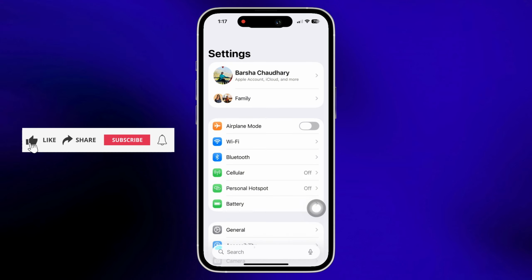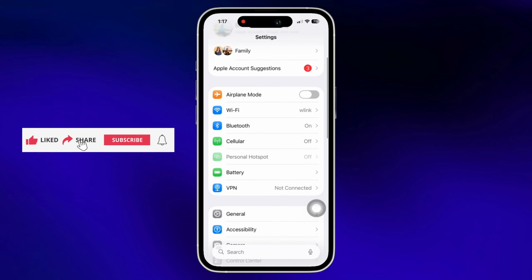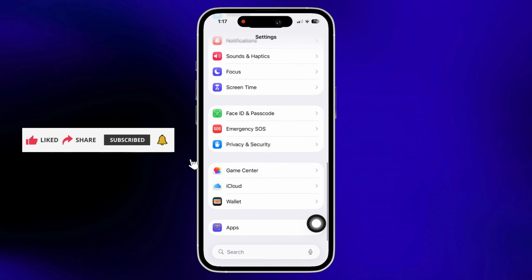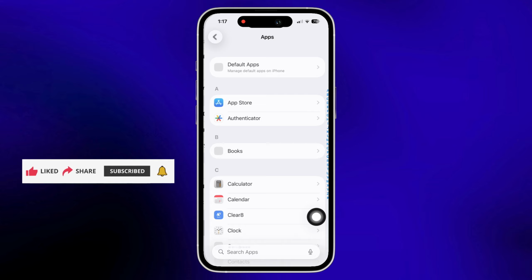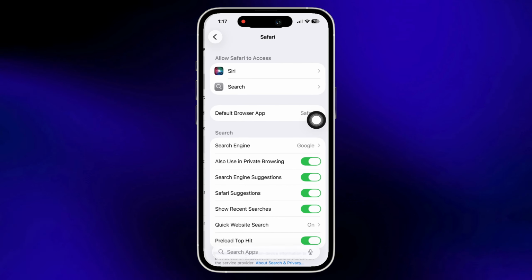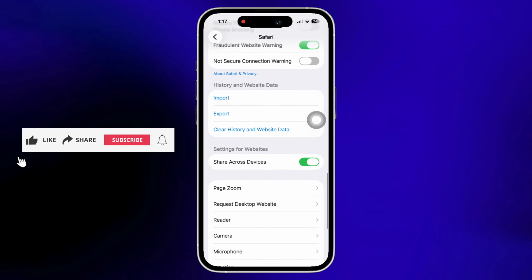Firstly, go ahead and launch the Settings application on your device and scroll down and tap on the Apps option you see there. Scroll down again and you will see the option for Safari. Tap on that. Further, go ahead and scroll down and you will see the option for Clear History and Website